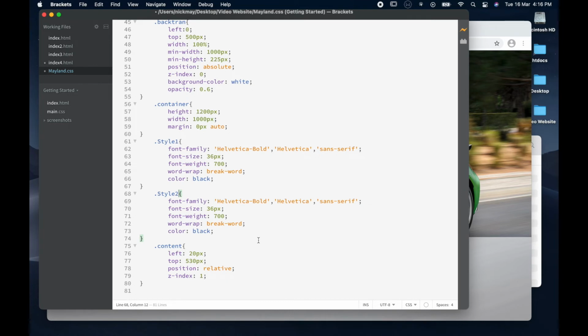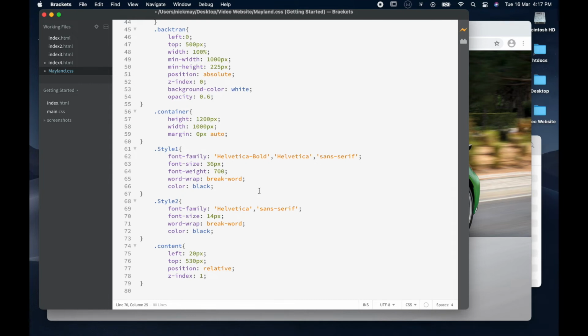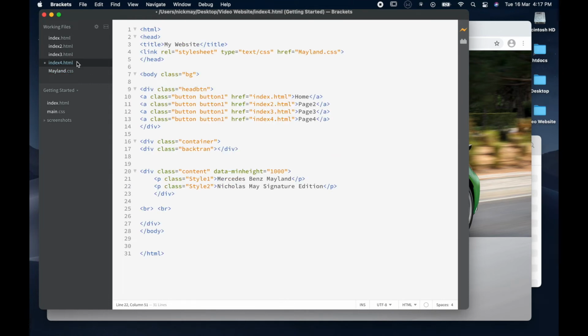Okay, so for style 2, I don't need it to be bold, I just want it to be a little bit less. I'll take out the Helvetica bold and just put Helvetica. Right, I want the font size to be much smaller because this is kind of a subheading. So let's make this 14 points, and let's just take the font weight out. We don't really need that. We don't need it to be a thick black font, right? Take that out. We can leave the color being black, hit S, go to our HTML page, hit S on